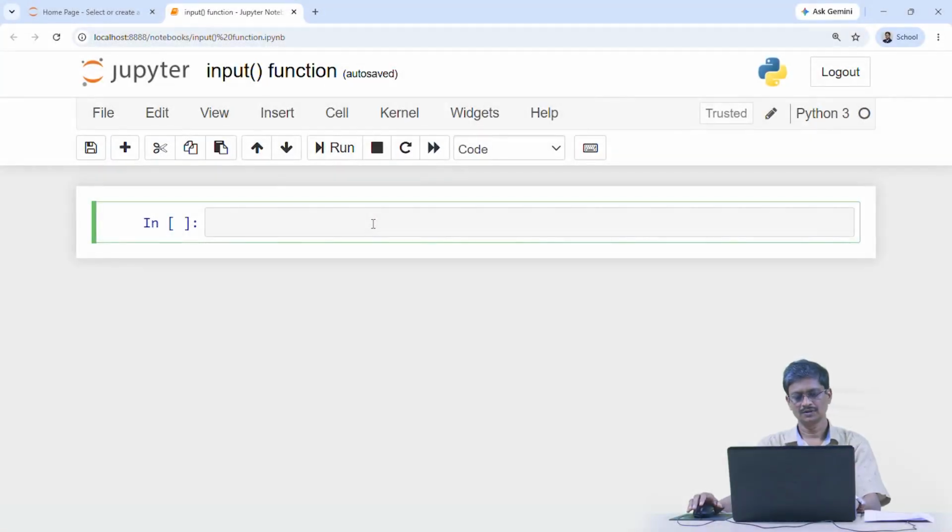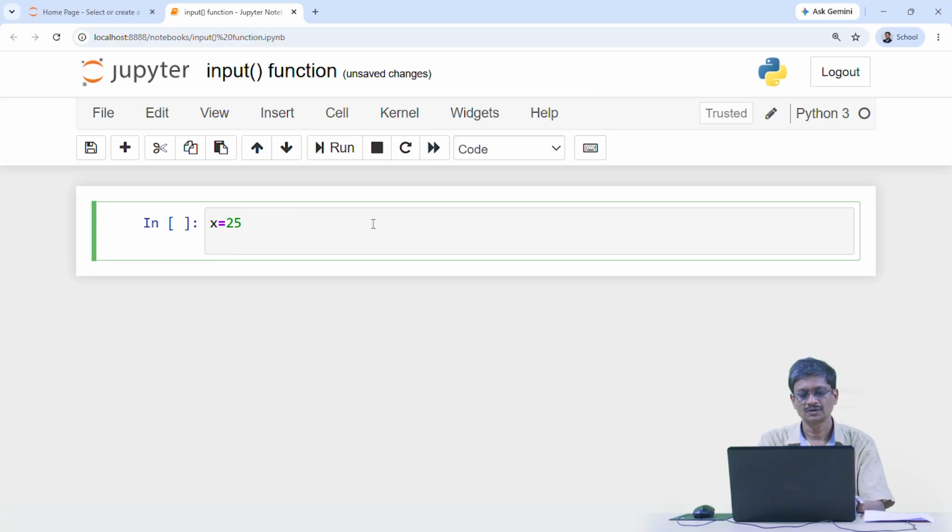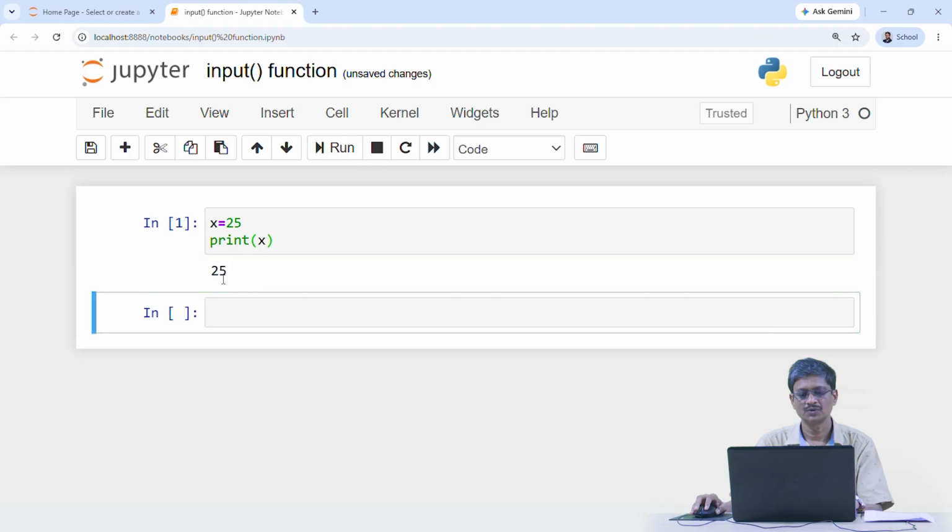So now we will see how the input can be taken from the user. To understand this, let us see one example. Let us say I am using x equals 25 and I am just using a simple print statement, print x. So if I execute this, I am getting output as 25, which is the exact value of